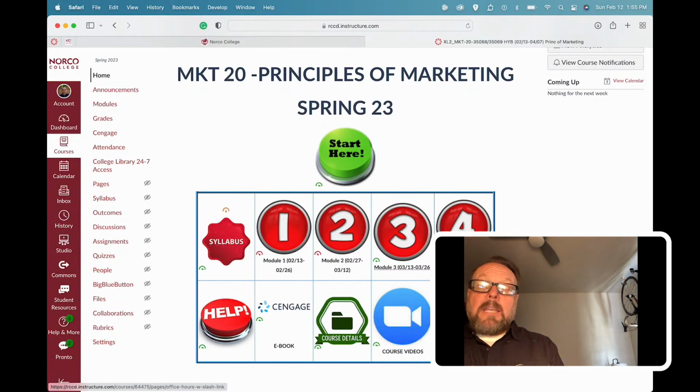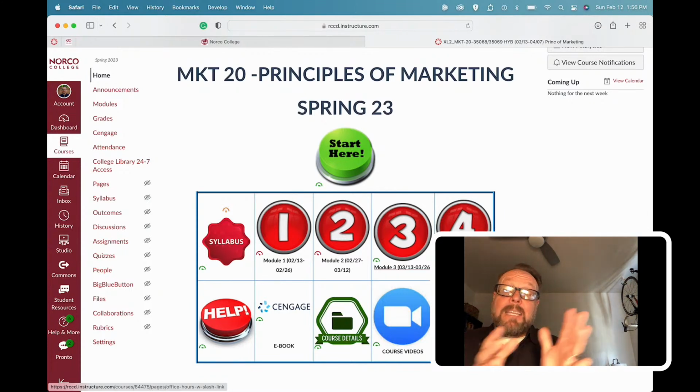So if you're an in-person person in this course, we're going to be basically going through all the coursework in the class. We're going to be doing lectures. We're going to be talking about the content. We're going to be doing class activities. We'll probably work out the homework assignments in class.